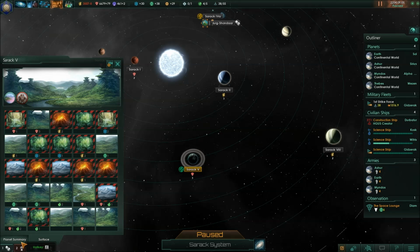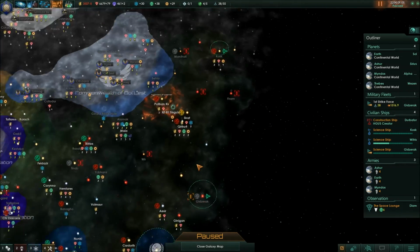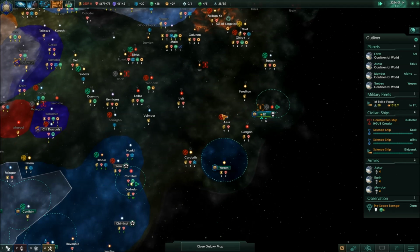So, oh, but look at that planet. That is a good looking planet. We might snag that. That'll be good for the sector. I mean, I won't have to actually deal with any of that. So that might not be a bad idea. You know, once we get...